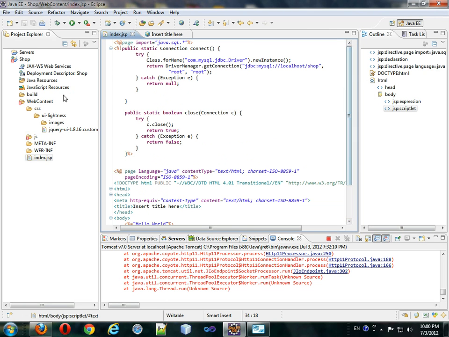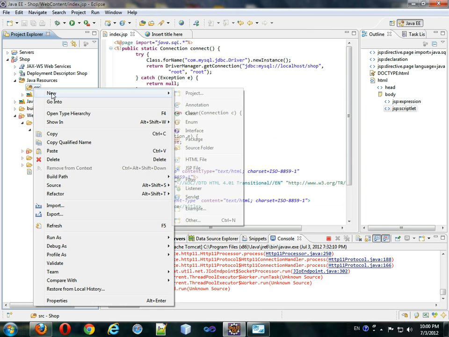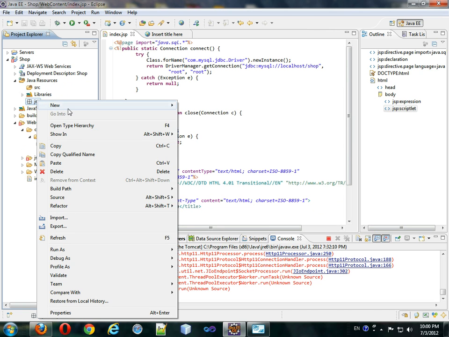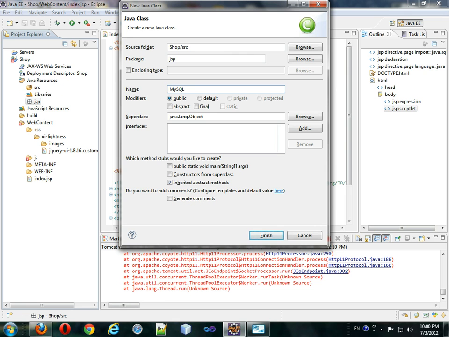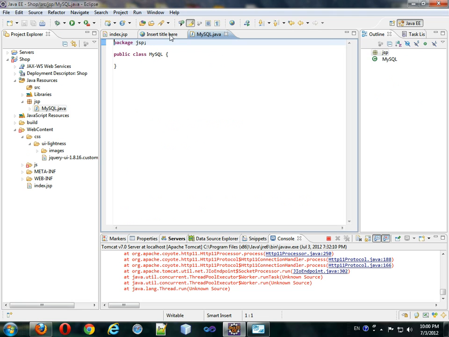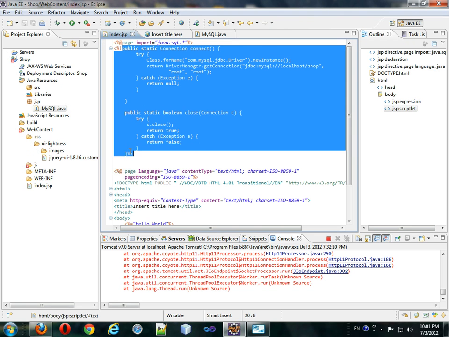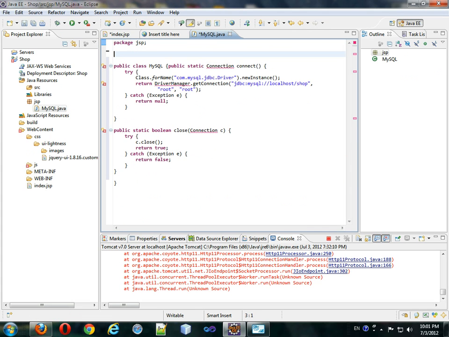We're able to connect to our MySQL database. So what you should do is go here to your Java resources, to the source folder, and add a new package. And we're just going to call it the JSP package. And in that JSP package, we're going to put a new class, and we're going to call that the MySQL class. And this is basically where we keep all our MySQL utility functions. Come back here, and we will take these functions and put them into this class. And make sure we import